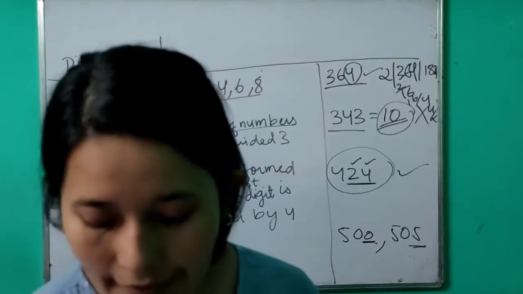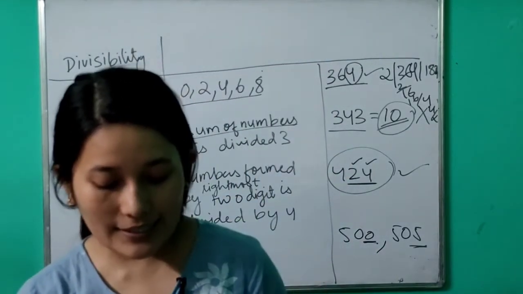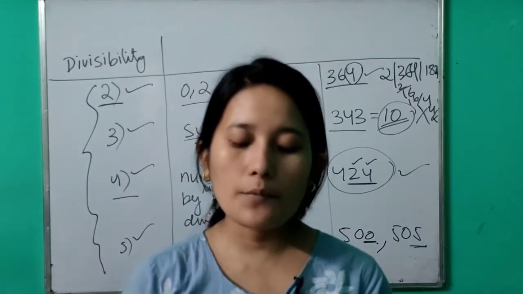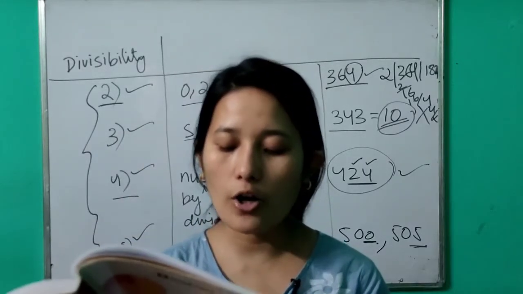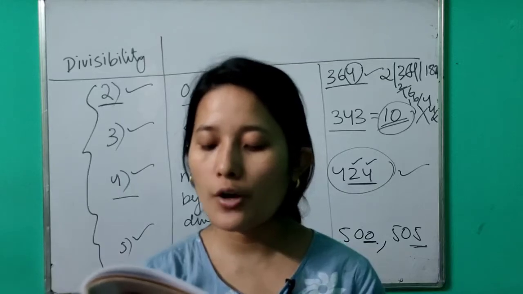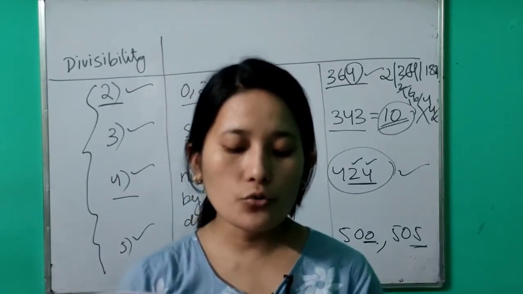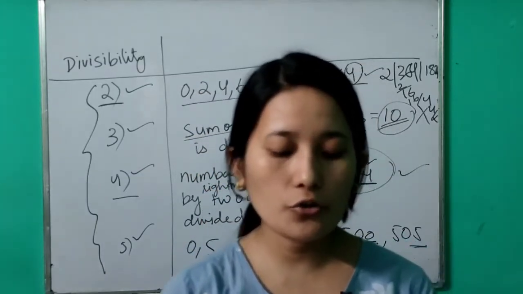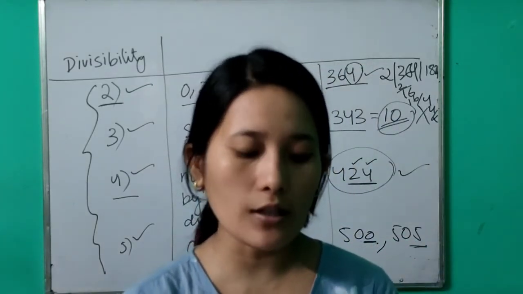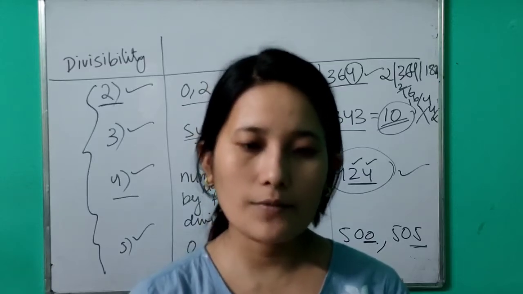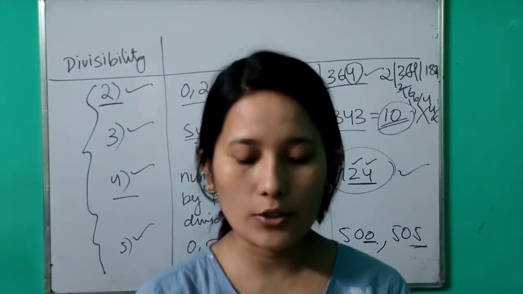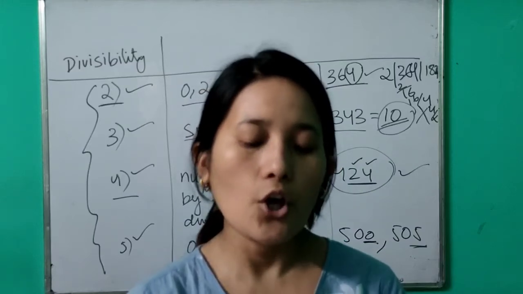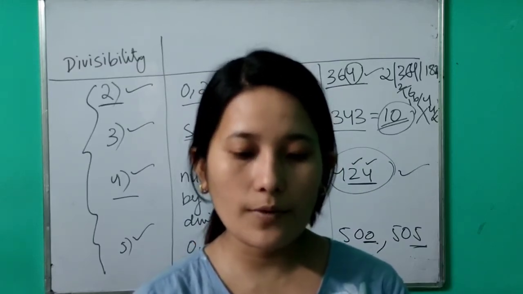Okay, now looking at the exercise, everyone go to exercise 3B, question number 1. What does it say? Check whether the given numbers in the leftmost column of the table are divisible by 2, 5 and 10. Use the rules of divisibility and put tick or cross. So you can do this yourself. Go through this table and see. Is 165 divided by 2? No, it's not divided by 2. So cross. Is 165 divided by 5? Yes, because it is ending with 5. So it is divided by 5.